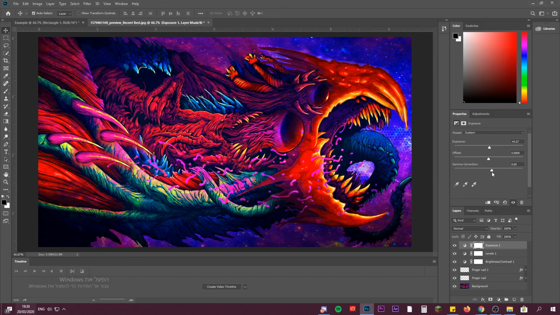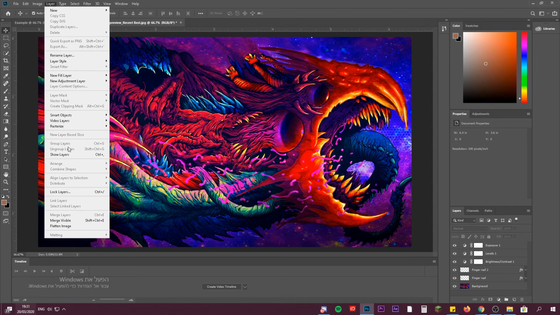So I'm actually gonna get it a little bit. I'm gonna put it on 87. It actually pops all the red colors, as you can see, and it looks really good, so I'm gonna keep it like that. Now another adjustment layer I really want to work with,